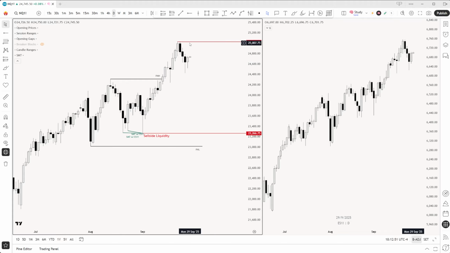So we could form a new high before going into October, but we definitely won't, well, I don't want to say definitely won't, but there is an overwhelming chance that we do not reach previous month's low before then. So in that regard, what am I going to be looking for?